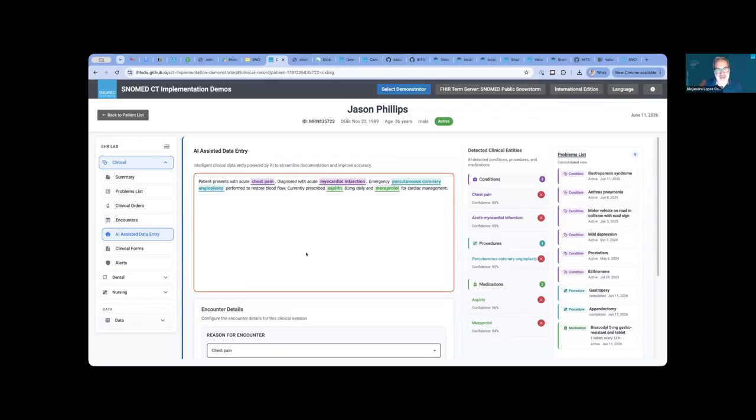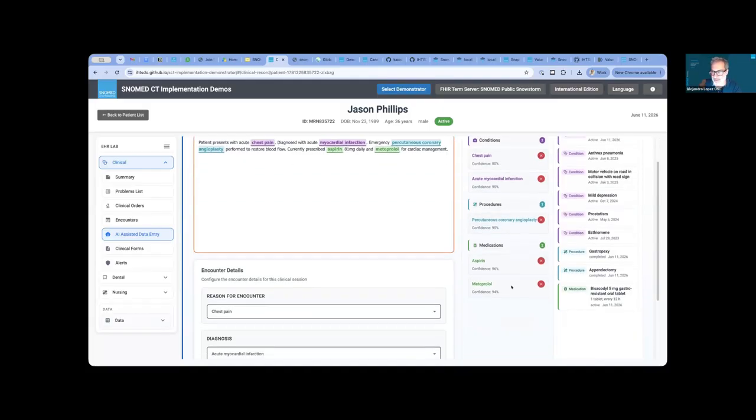Instead of requesting the doctor to fill a form by hand, you allow the doctor just to type and write free text. Or you record the interactions between the doctor and the patient, and then you extract the summarized text from those interactions and you paste it here. And when you do that, you automatically understand that there are some things in the middle. There are some in purple, there are some conditions, in light blue, some procedures, and in green, some medications.